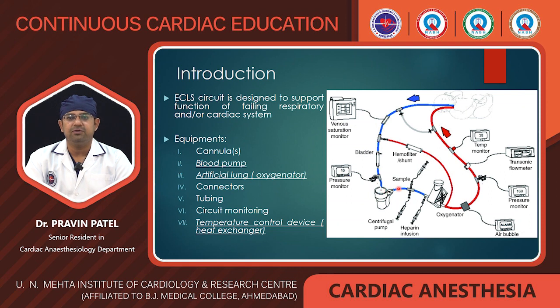From there blood goes into the oxygenator, where the blood gets oxygenated and then gets diverted to the patient through the tubings, and after the tubing it goes to the patient's return cannula. This is the arterial system in the case of VA ECMO, and another venous system in the case of VV ECMO, especially if we see the respiratory system. This is the very basic system.